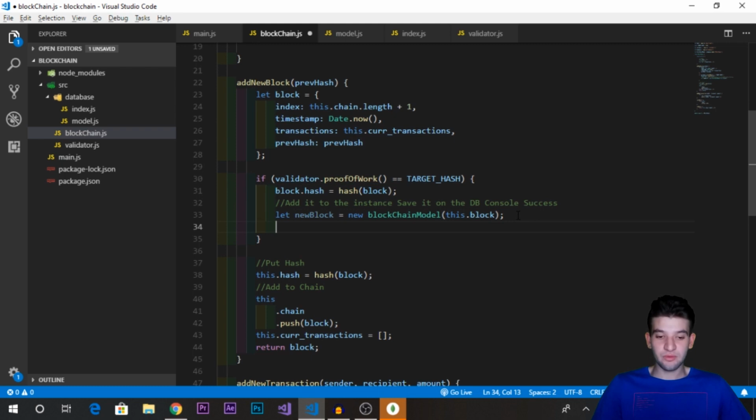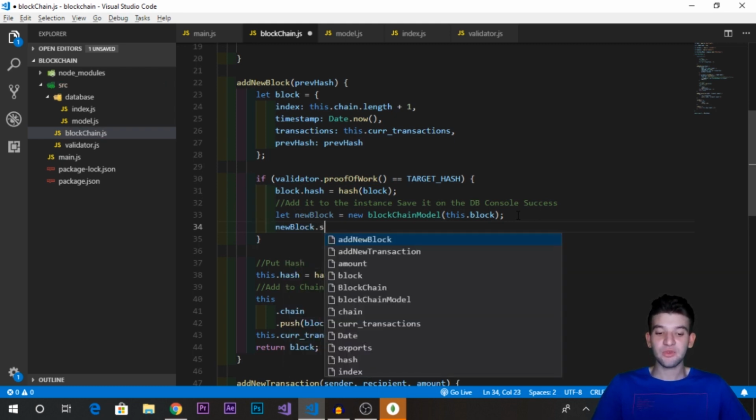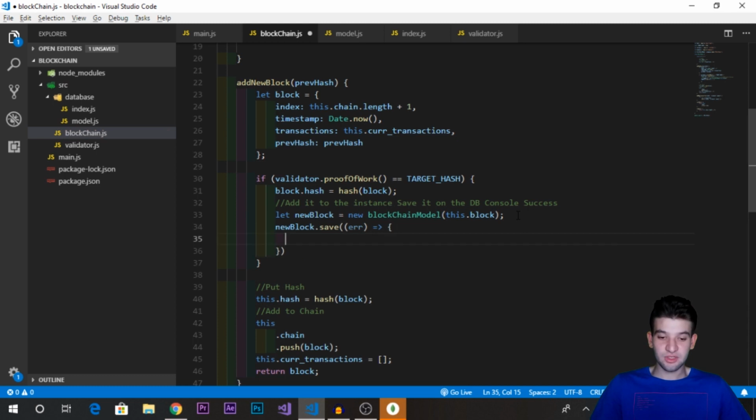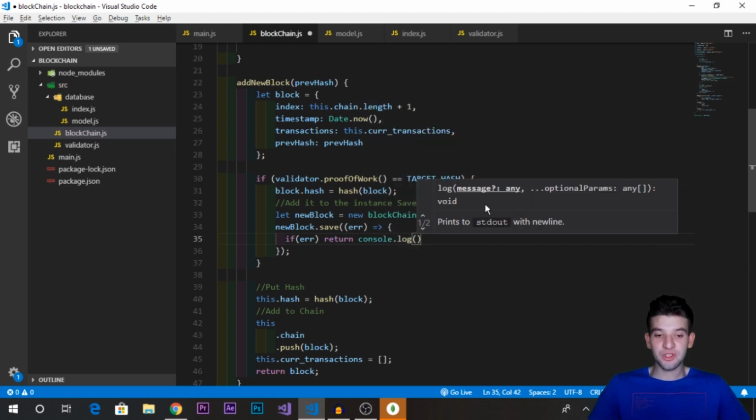Now after making all of these different things in here, I'm going to say new block, and I need to save this data to the database using the save method. The save method pretty much takes a function, and it's just going to receive an error or something. If any error happens, it's just going to tell you that there is an error. So we first need to check if there is any error. What we're going to need to do is just return console.log, and in this case,